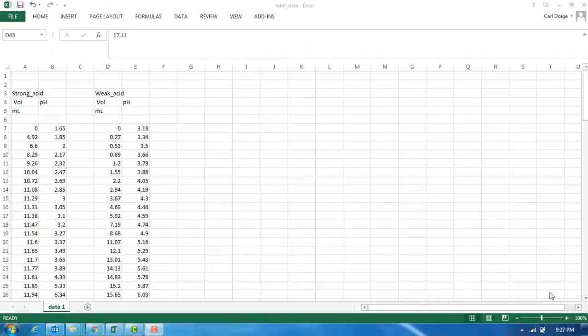In this video, I'm going to talk you through the initial steps of the data processing for lab P. I'm going to show you how to find the equivalence point. That'll mean the pH at the equivalence point as well as the volume at the equivalence point. And I'll also talk about finding the half equivalence point. Therefore, I'll be looking at a titration graph of pH versus volume of titrant for a weak acid with